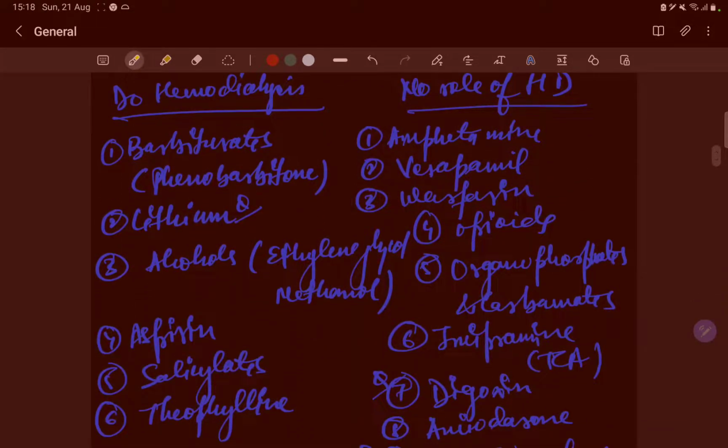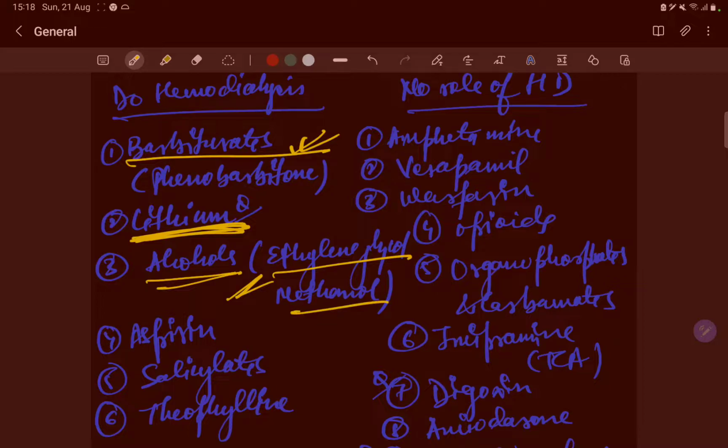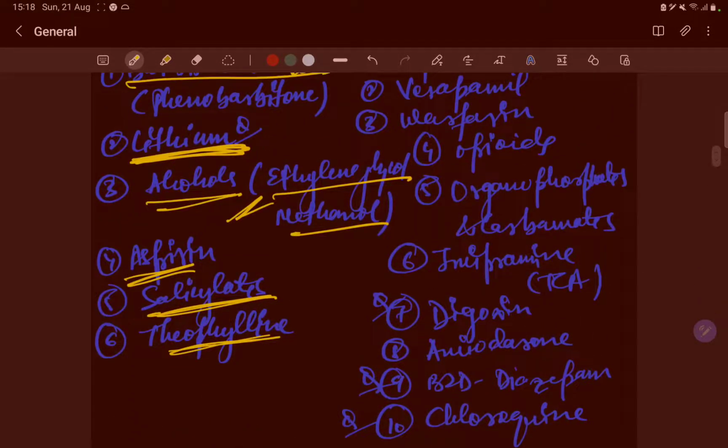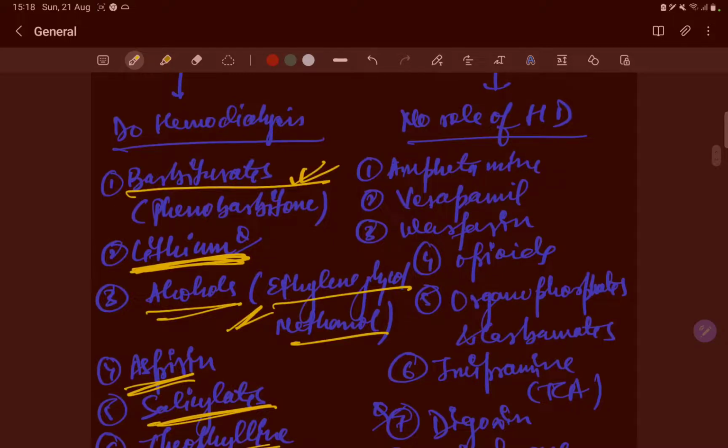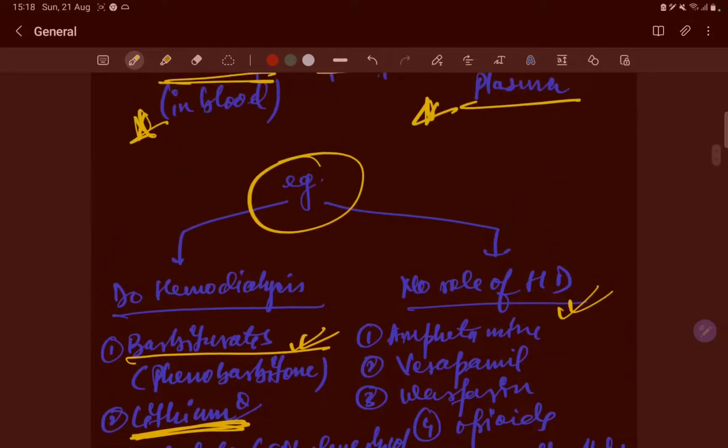So when do we have to do hemodialysis? In case of barbiturate poisoning, and lithium, a very important drug used in manic bipolar disorders. If there is lithium poisoning, we will do hemodialysis. Alcohol poisoning, ethylene glycol or methanol, we will do hemodialysis. Aspirin, salicylates, theophylline, in all of these we will do hemodialysis. But where there is no role of hemodialysis,